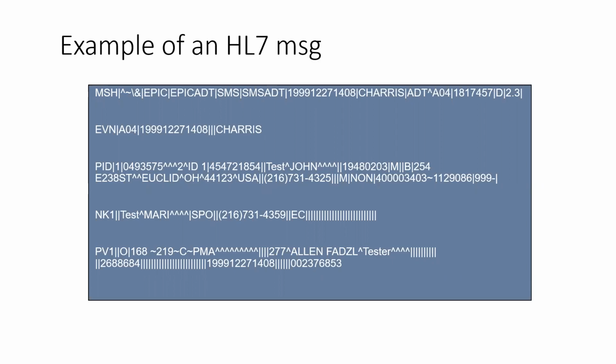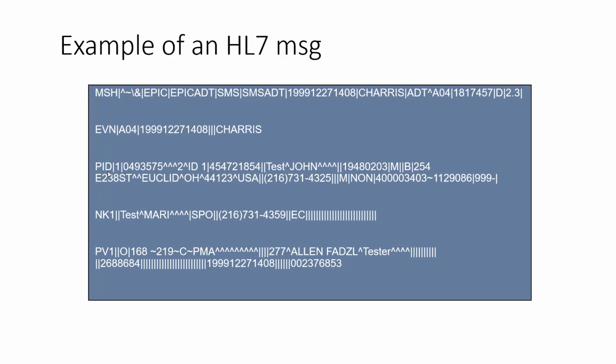that particular segment. For example, if you talk about the PID segment that we are seeing here, PID stands for patient identification. As the name itself suggests, this particular segment will have information which will help us to identify the patient. So this segment will carry the information about patient name, his date of birth, his gender, what is his SSN number, what is his unique patient MRN number, phone number, and lots of other things can be carried within